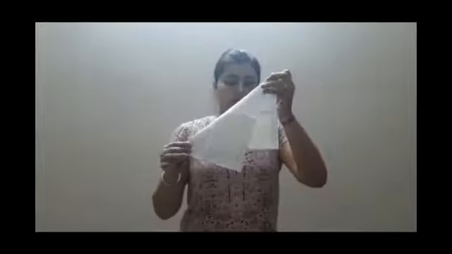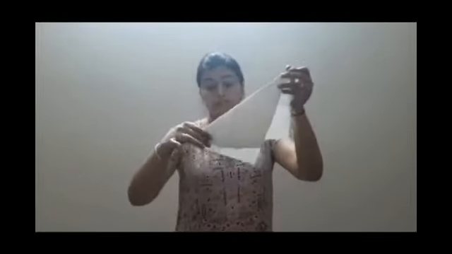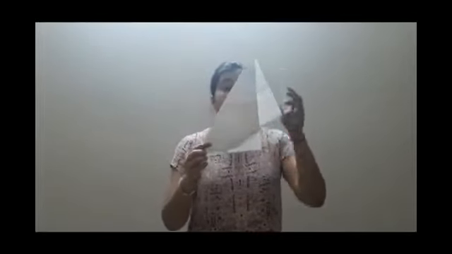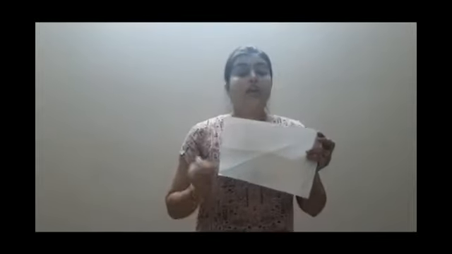Now you can ask that, ma'am, we can fold it like this also. But students, when you fold it like this, what do you observe? You observe that these 2 parts, the first part and the second part, are not overlapping. So this line which appears over here is not a line of symmetry. Line of symmetry is that line which divides that sheet or that shape into 2 equal symmetrical parts. Got it? So in rectangular sheet, one is vertical line of symmetry and the second one is horizontal line of symmetry.